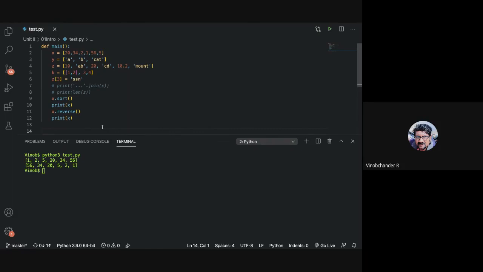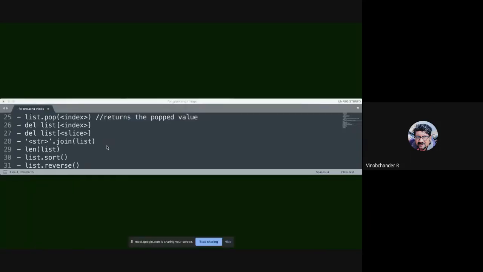It is kind of declarative in nature. You just call sort. You focus on what rather than how, right? So sort, reverse.